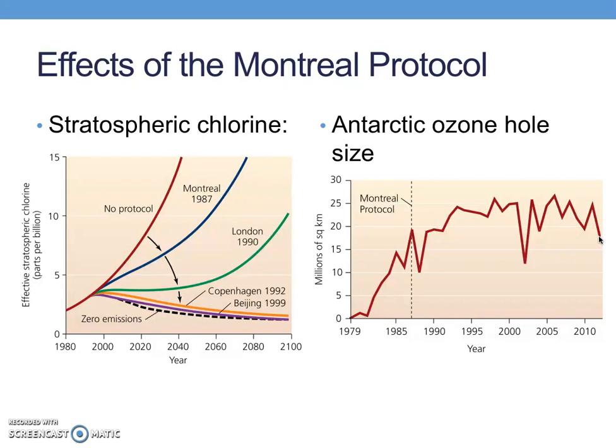The reason for this is that chlorine doesn't go away right away, and its effects aren't going to go away right away either. So we do still have a hole in the ozone layer, but it does appear that the size is decreasing, again, due to direct effects of the Montreal Protocol and later decisions by